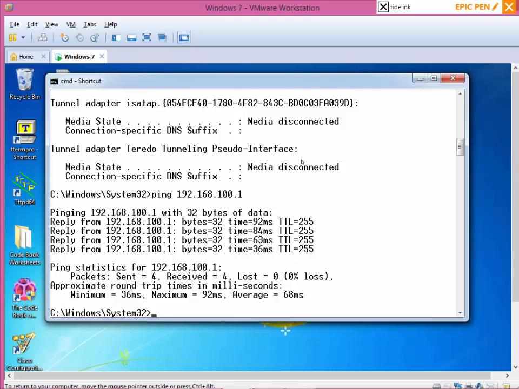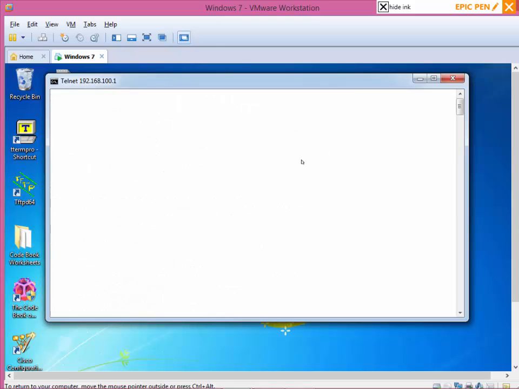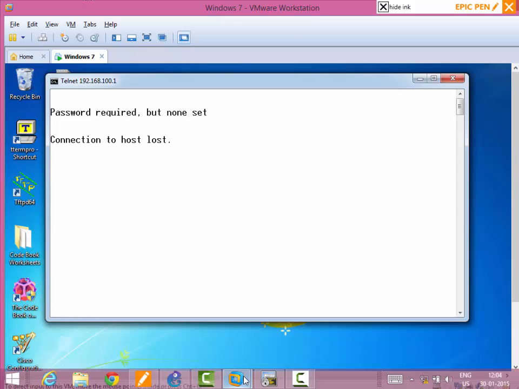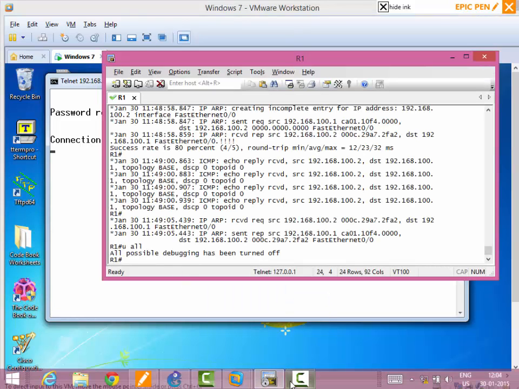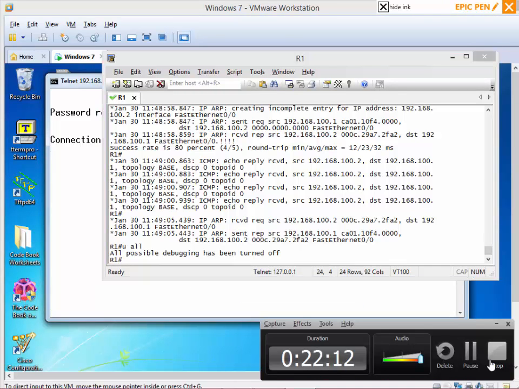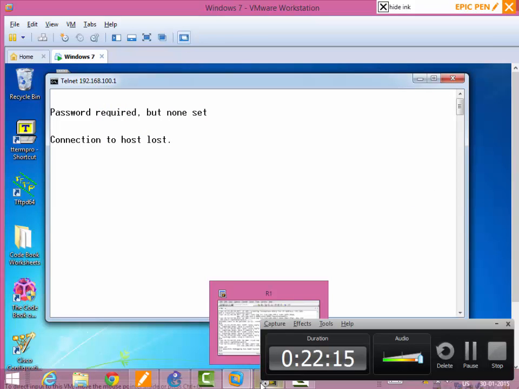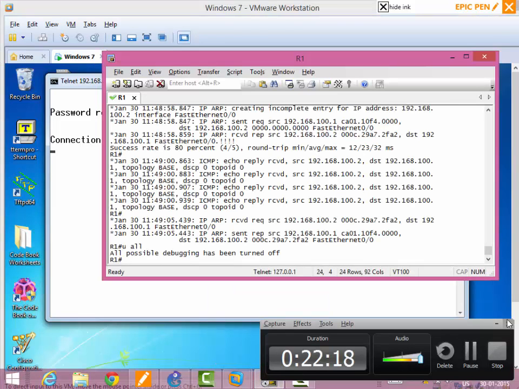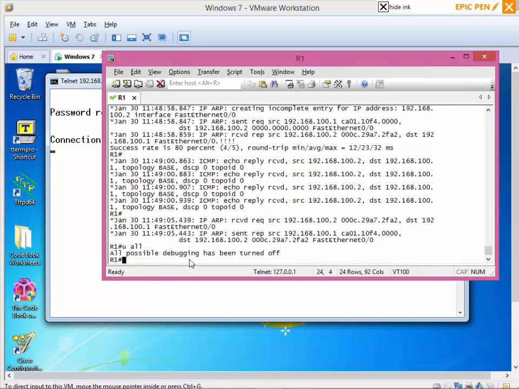But if I say telnet, it is telling me password required but not set. Password required but not set. Why is it telling me like that? If I go to the router directly and give show run,